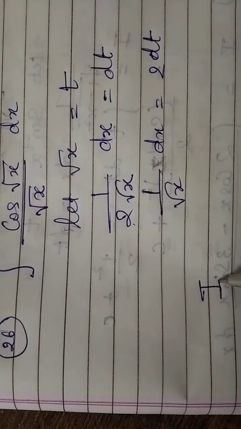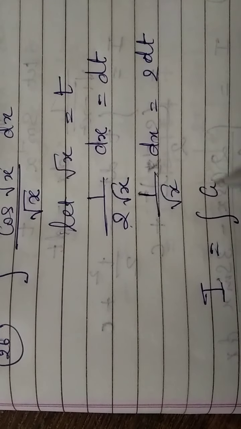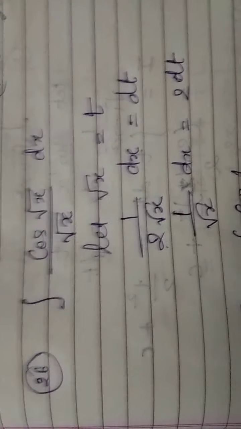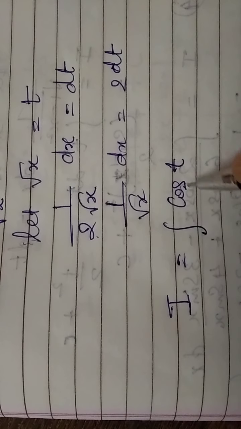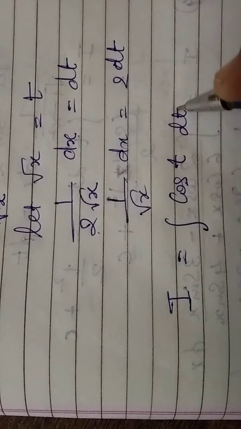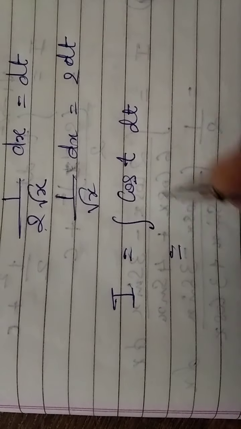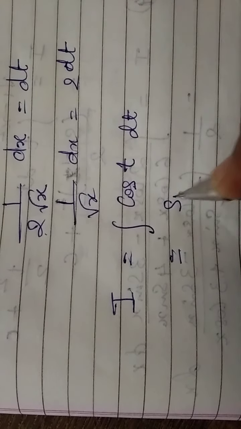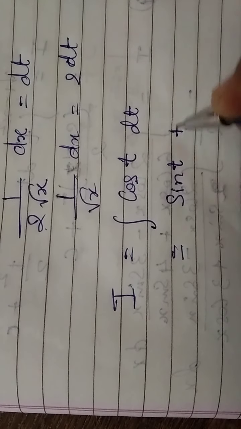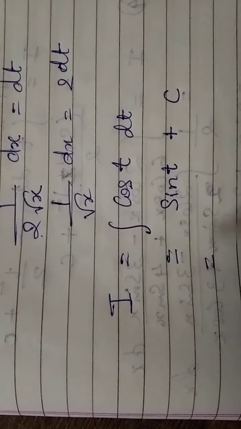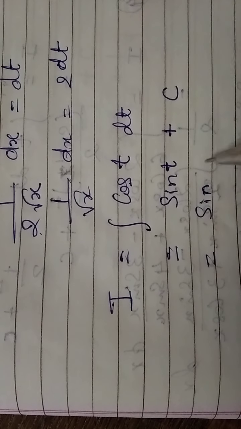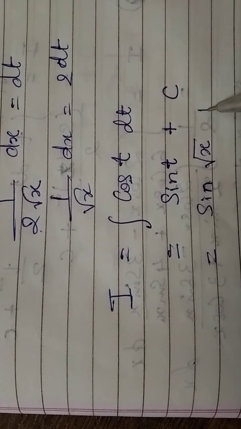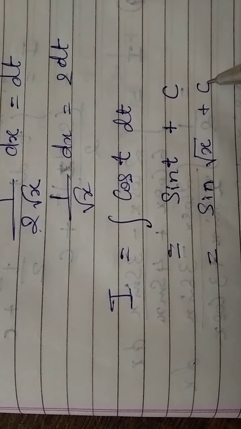Now when I look at my question back, I have the integral of cos of root x, which I had called t, so I'll write t in place of root x, and 1 upon root x dx is going to be 2 dt. So my question becomes so simple like this, integration of cos. Now integration of cos is going to be plus sin t plus the constant of integration c. The original question did not contain t, so I have to resubstitute the value of t. So sine of root of x plus c is your term over there.